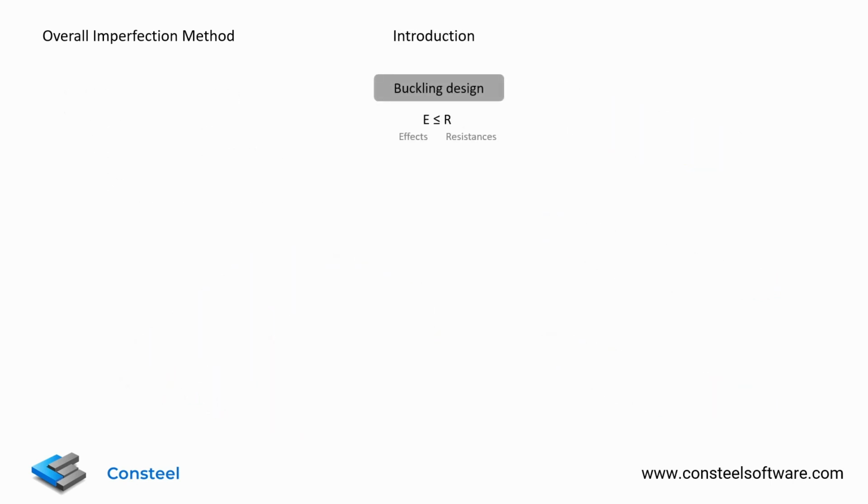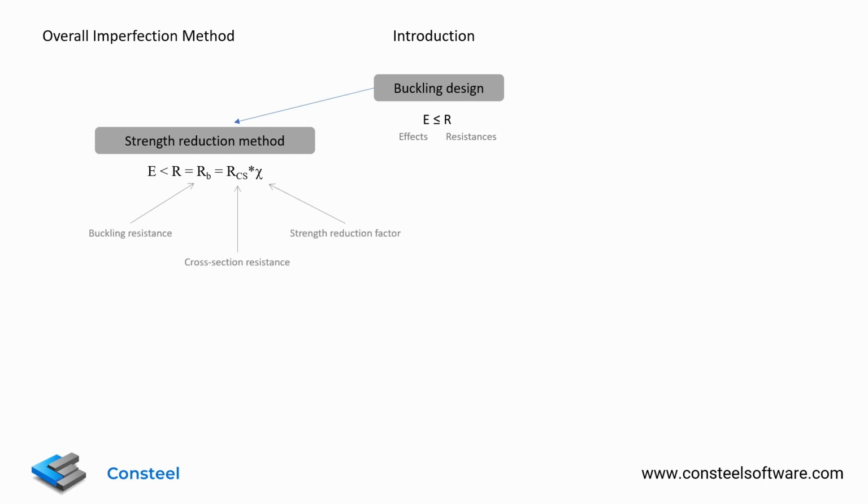The overall imperfection method is one way to carry out the buckling design for a structural member. Based on the fundamental approach, where we compare the effects and resistances of a member, there are two different ways to account for the buckling effect. The more usual way is the strength reduction method, where we consider the buckling effect through a reduction of the cross-sectional resistance. This reduction is introduced with the help of a strength reduction factor on the resistance side of the